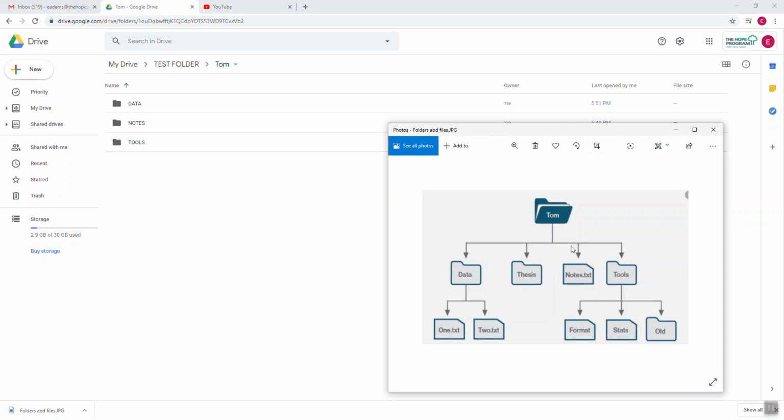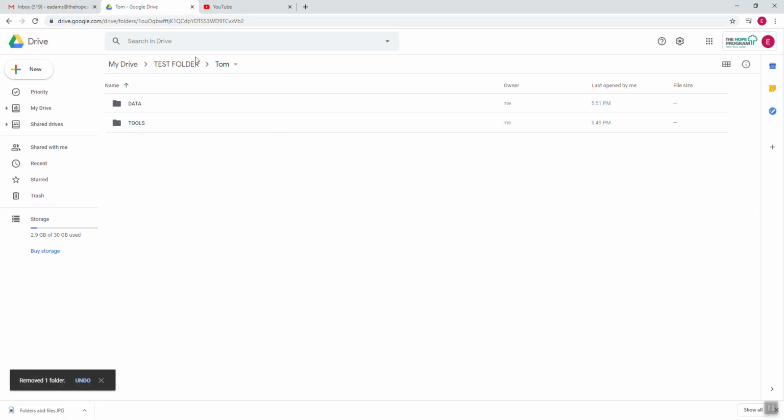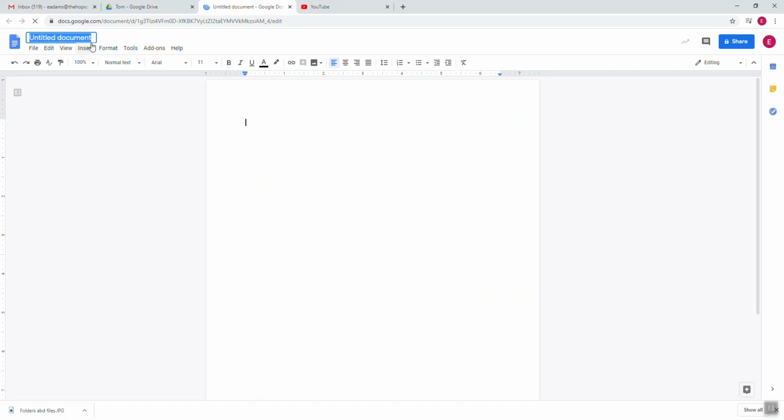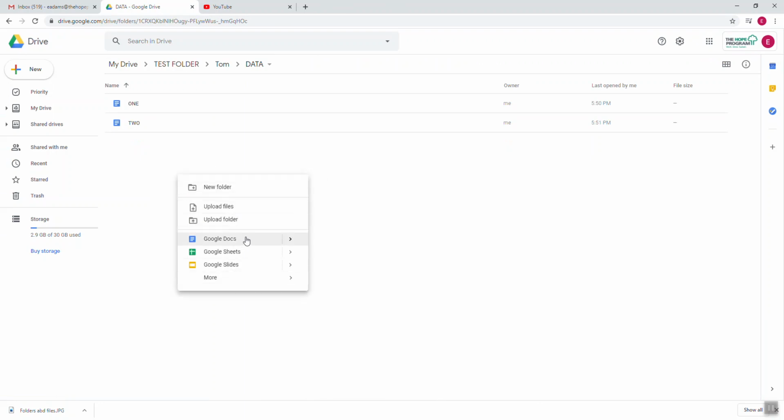Under the notes, what is notes, by the way? Is it a file or a folder? It's a file. So this notes folder doesn't exist over here. What it is, it's a file. So we're going to delete this. And under Tom, we will be creating a new file called notes. Now my question is, when I click on data, and if I want to create another file called notes,